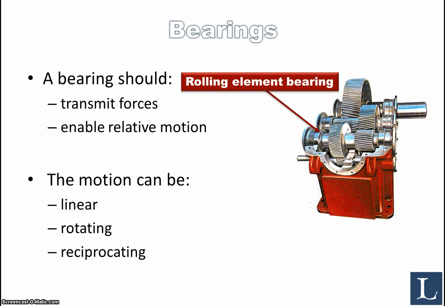The general idea of a bearing is that it should be capable of transmitting forces between, for instance, a gear and the gearbox housing, and it should also enable relative motion between, for instance, a shaft and the housing. Now, the motion that you can come across will be either linear motion. It can also be a rotating motion, which is probably the most common type that you encounter when it comes